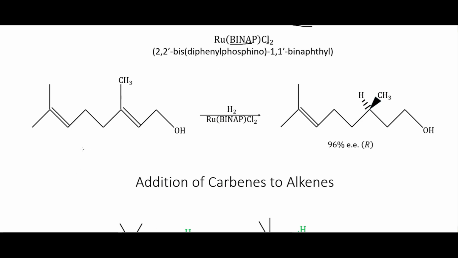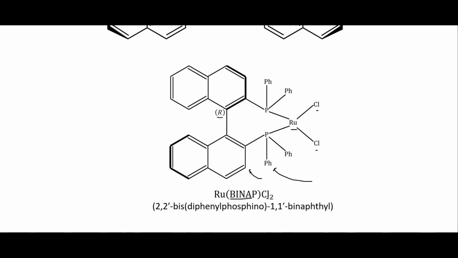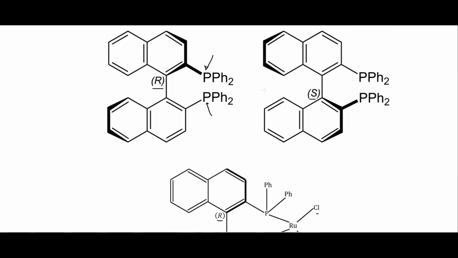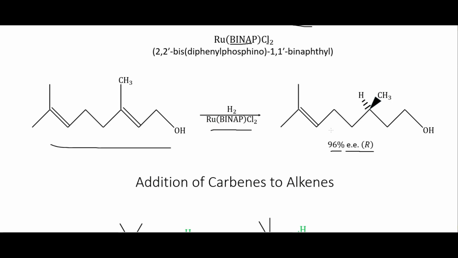And so we can, for instance, take something that looks like this, which is optically inactive. It's not chiral, so it doesn't have any enantiomers. And we can use one of the enantiomers for this up here. So we could use this R1 up here. And so we could then create 96% of the R version right here. You could use the S version up here as well to get the S version of our product. But the point is we can use a catalyst that has a certain chirality and then form